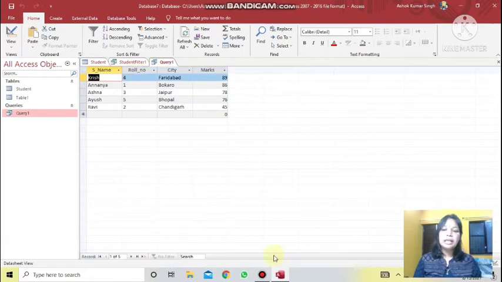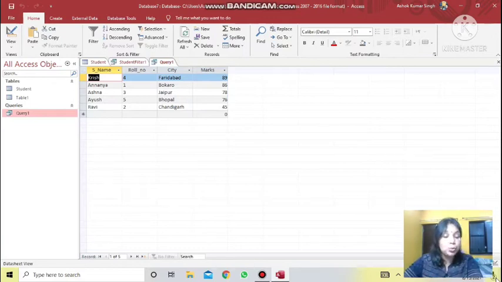Next is referential integrity. Referential integrity means, very important to understand, that two tables will be related to each other. Suppose in our school we have created a student table, where the entry for each and every new student is being done, and for all those students in the student table, we have maintained a marks table also. Wherever a new student takes admission in the school, his entry will be made in the student table first, and after that he will give the exam, and then his marks entry will be made in the marks table.